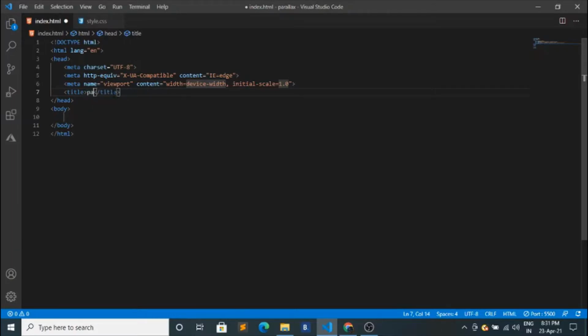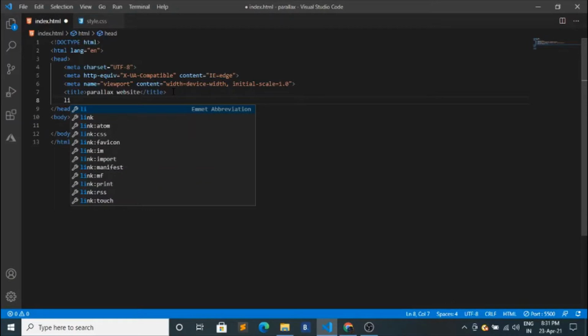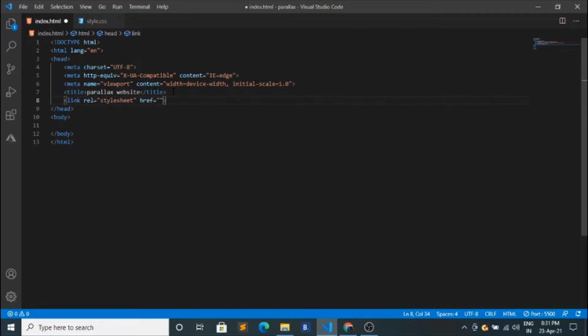Okay, Parallax website, and let's link our CSS. I'll say style.css. That's all for the head. Let's go to body,